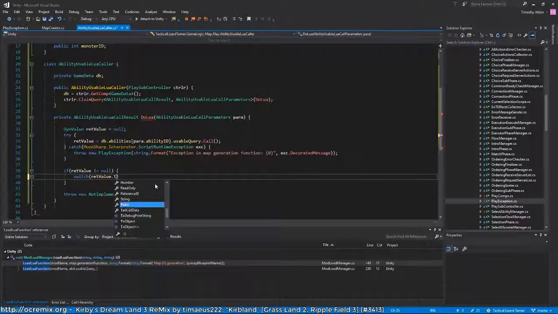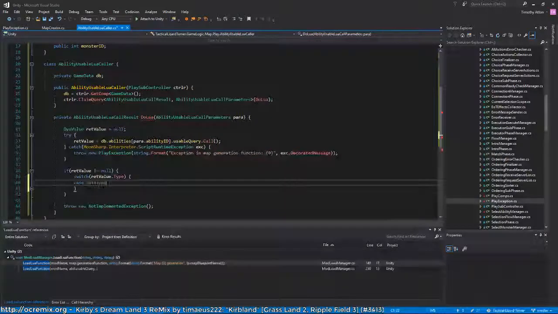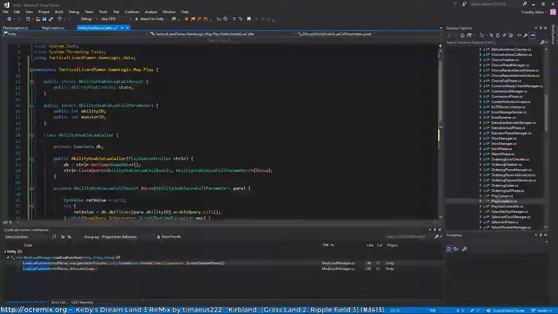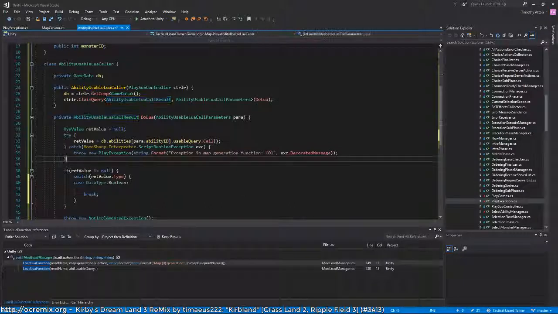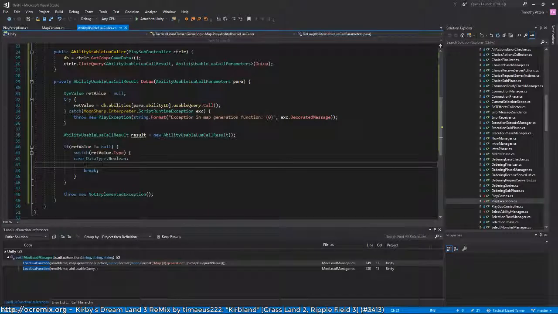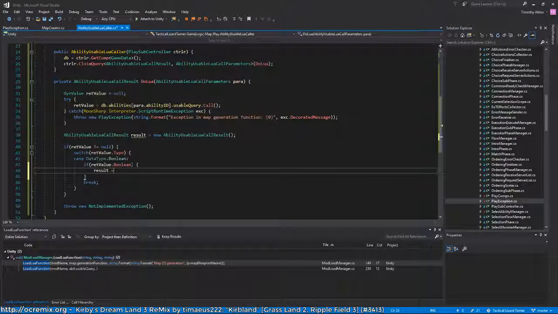What is it? Type? Okay, so if it's Boolean, I guess we should create the call result structure right here. Result. Okay, so if return value Boolean is true, then results equals